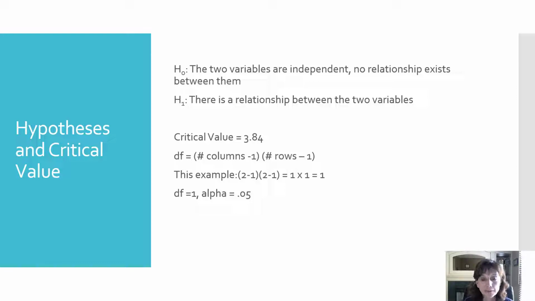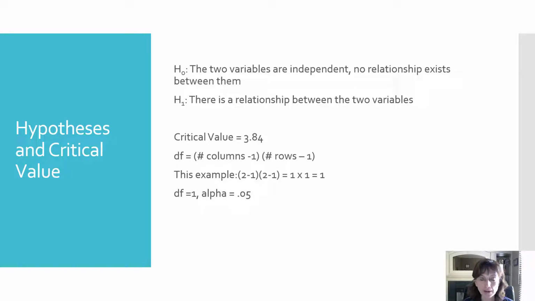For degrees of freedom, I haven't shown you the example that we're using yet, but basically it's a table that has 2 rows and 2 columns. So all you need to do is know the number of rows and number of columns you have in your data table to figure out degrees of freedom. In this case, because I have 2 columns and 2 rows, my degrees of freedom are going to be 2 minus 1 times 2 minus 1, which is 1 times 1 equals 1. So for this particular data set, degrees of freedom are going to be 1, and alpha is